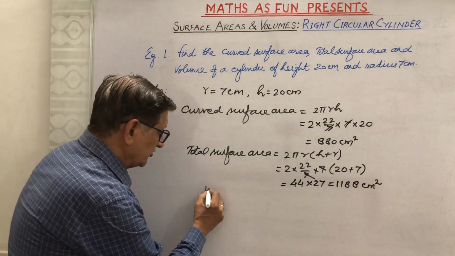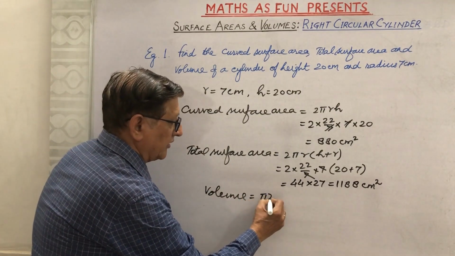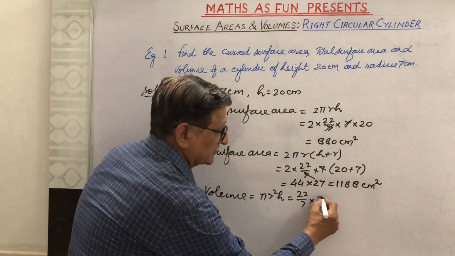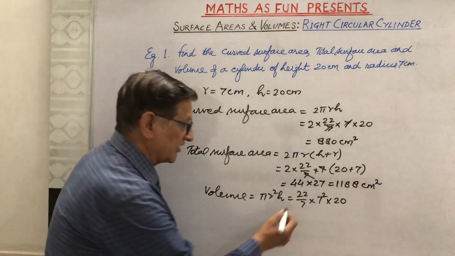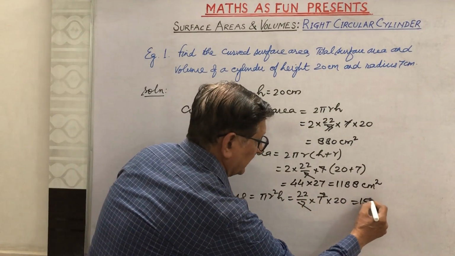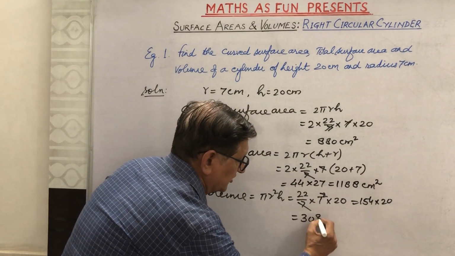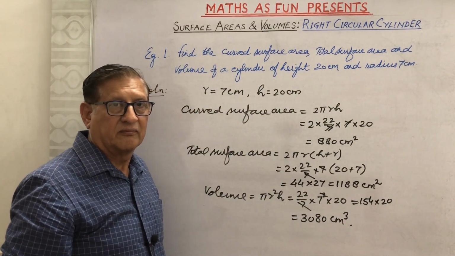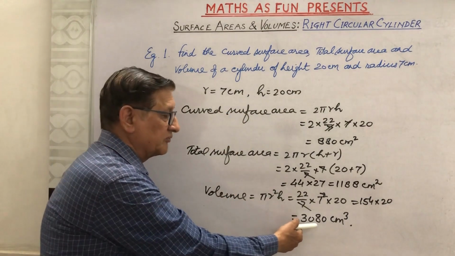Now to find out the volume. We know volume of cylinder is given by pi r square h. That is 22 by 7. R square means 7 square into h means 20. This 7 cancels the square of it. 22 into 7 is 154 into 20 is equal to 3080 centimeter cube. In case you want to find out how many liters of water it can contain, you can divide by 1000